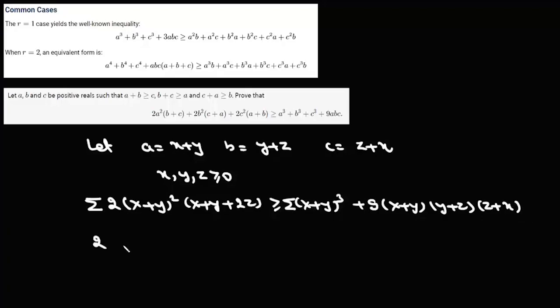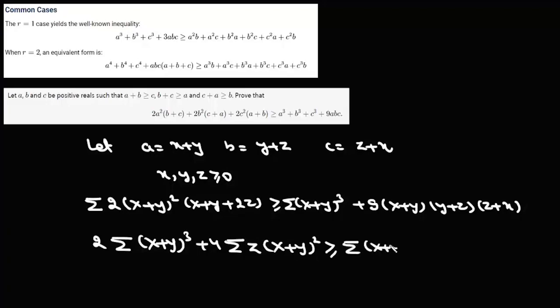Now we can write this as 2 times summation (x plus y) cube plus 4 times this summation z into (x plus y) square. It is greater than or equal to summation (x plus y) cube plus 9 times (x plus y plus z) into (z plus x). And if we are going to simplify this, we'll get